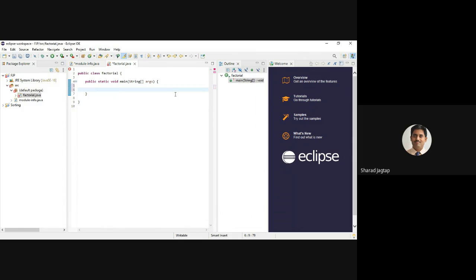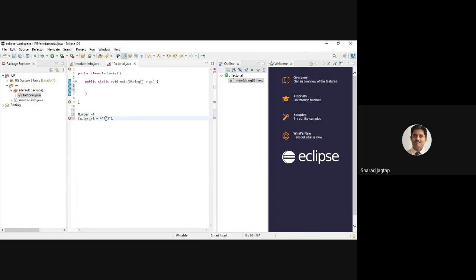So our program is related with factorial. I will explain here what factorial is. Suppose consider the number is equal to 4. So its factorial is nothing but we are finding the value of 4 into 3 into 2 into 1.